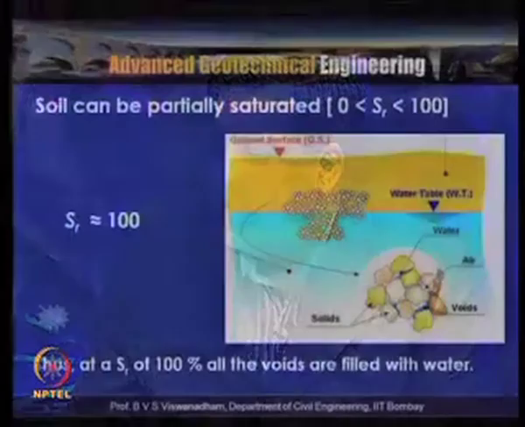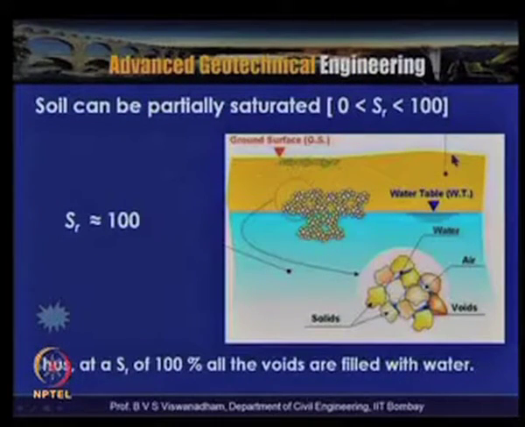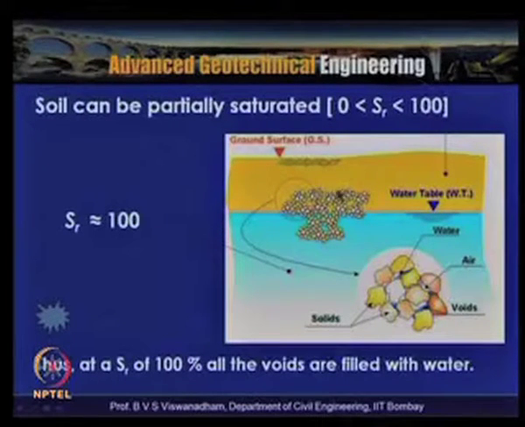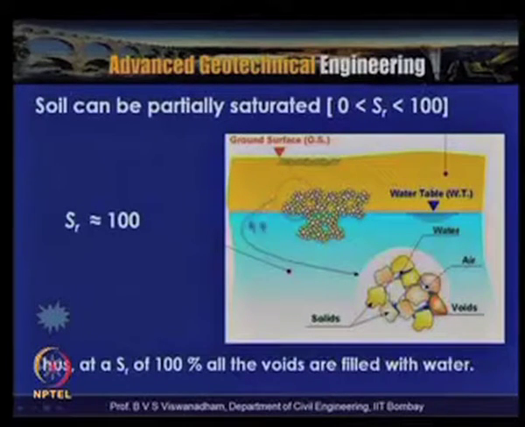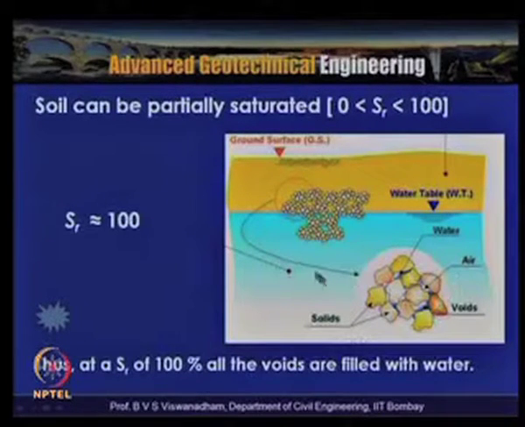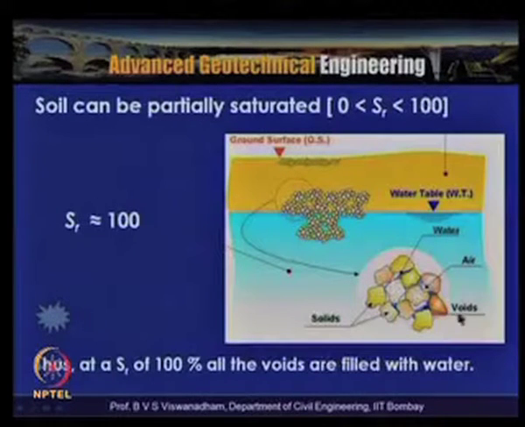So, soil can be partially saturated, and if you look into this diagram, what you see is the ground surface, and this is the water table location, the hydrostatic groundwater table location. The soil above this remains partially saturated. This is because of the temperature fluctuations as well as the water evaporation which takes place in this zone. The soil below the water table is said to be completely saturated except some minor occurrence of air bubbles. Otherwise, you can say that the soil is completely saturated.